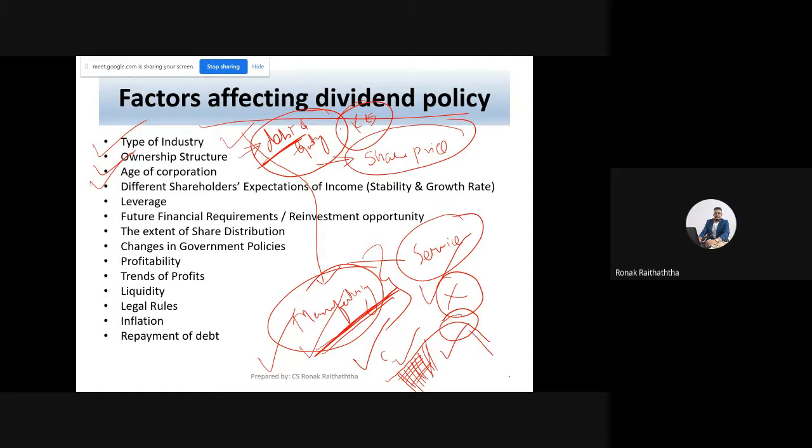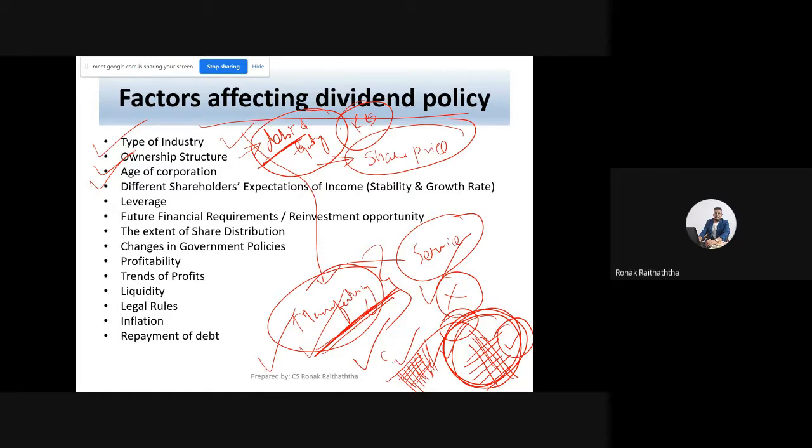Then at the diminishing stage of a company, many of the experts believe that the company should pay as much dividend as possible. When the company is not doing well, it should not keep the money with itself. I'll tell you the logical explanation behind it. If the company is not doing well at the diminishing stage, it is always preferred to distribute the surplus amount to shareholders in terms of dividend, because as a company, you are unable to satisfy their expectations. So it's better to distribute the dividend.